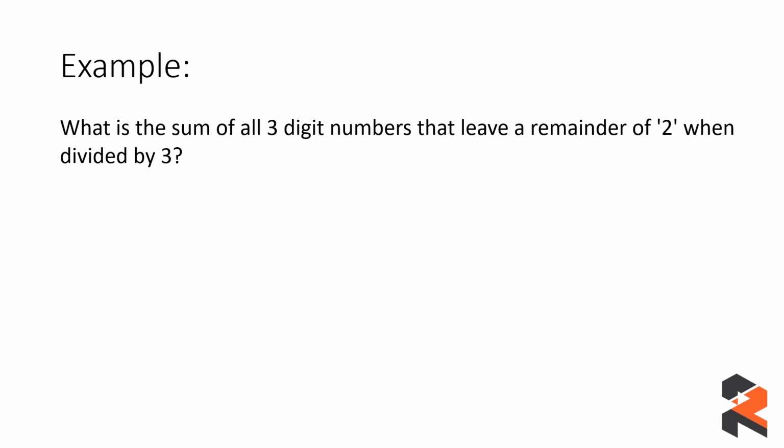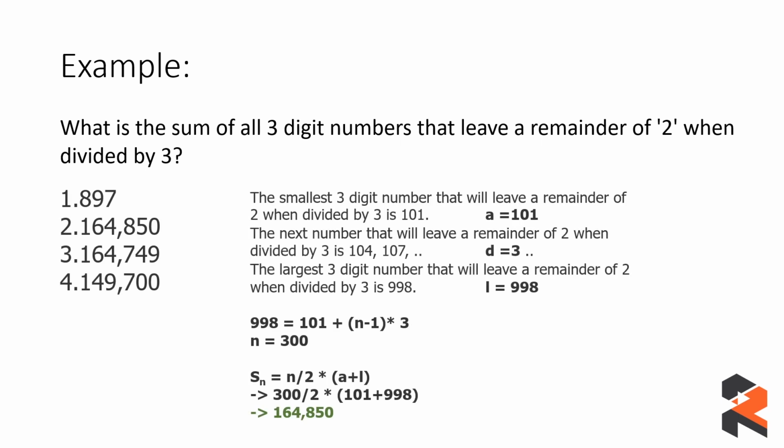So in that case, first of all, calculate the details which can lead you to the answer. We are asking for the sum of all the three-digit numbers, which means we are talking about a range starting from the smallest three-digit number to the largest three-digit number. If we start with 100, 100 is not a number which on dividing by 3 gives a remainder of 2. So we move to the next number, that is 101. 101 gives a remainder of 2 when divided by 3. So our first term will be 101, so a is going to be 101.